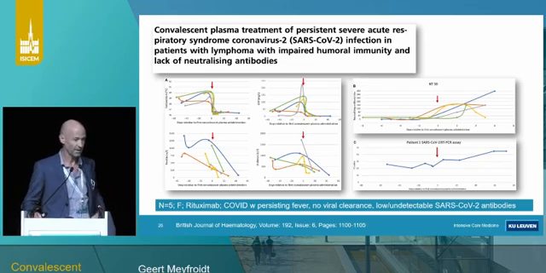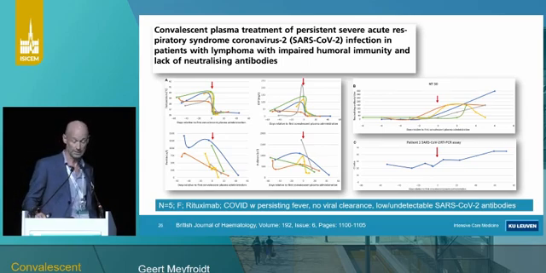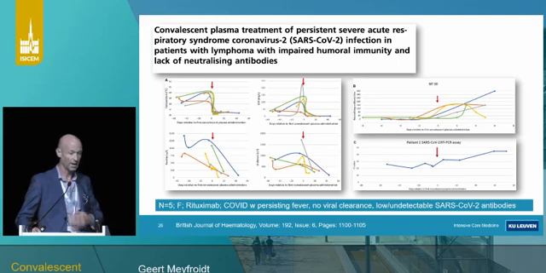And then, if I have 30 seconds, patients on rituximab were excluded from our study because of this B-cell depleting drug. We did study a small series of patients observationally on rituximab, where we gave them convalescent plasma. This was published in the British Journal of Haematology earlier this year, and we did see in these 5 patients a fast clearance of symptoms and clearance of viral load as well in the nose.